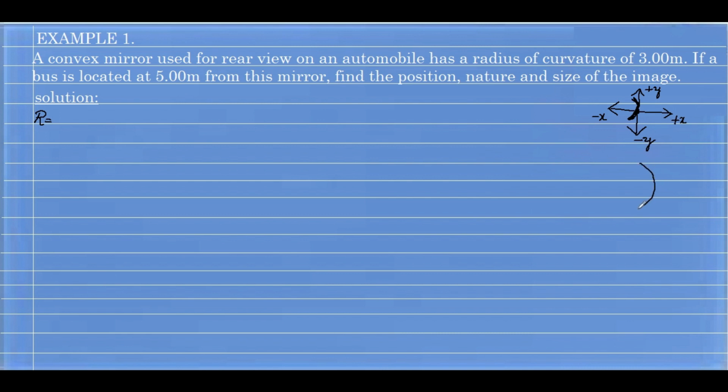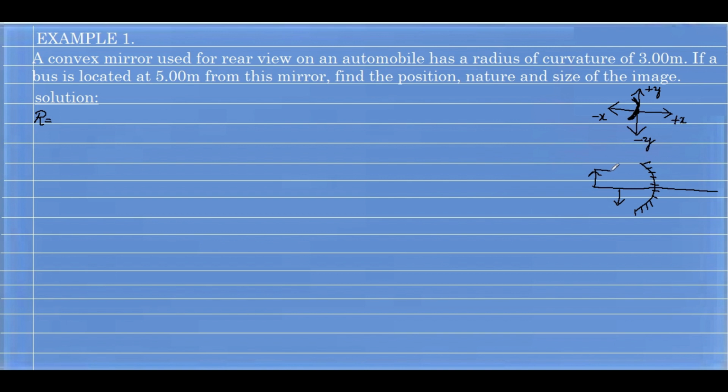So consider this as a concave mirror. Concave mirror means this side will be polished and this side will be unpolished. The center line which passes through the mirror will be the principal axis. In a concave mirror, usually the object and the image will form on the left hand side itself. Only in one case, when the object is placed between the principal focus and pole, the image will form behind the mirror. In the rest of the cases, the image will form here itself, on the left hand side.